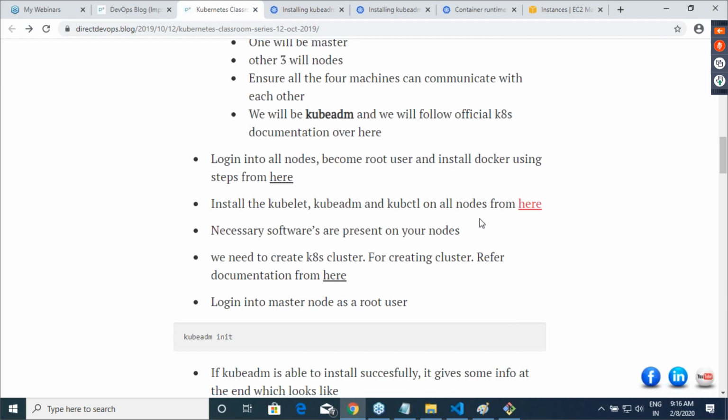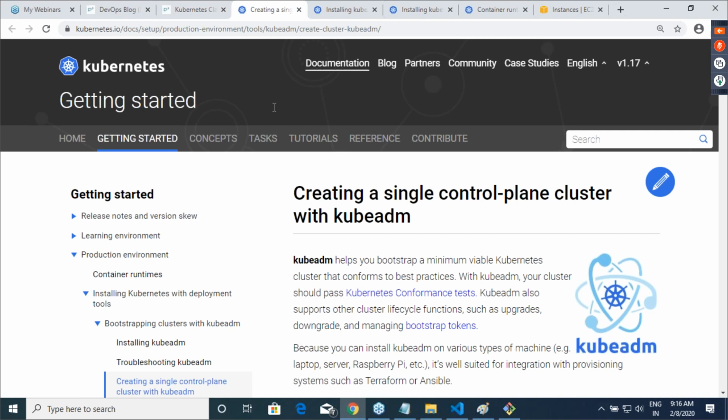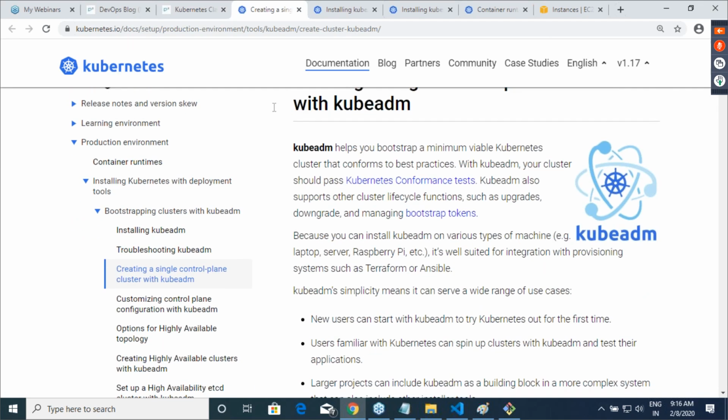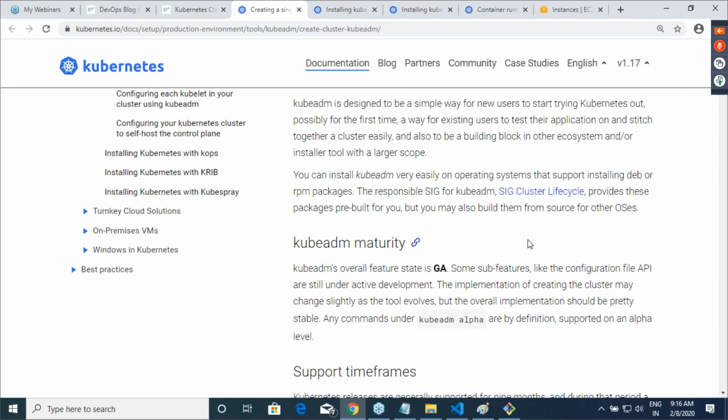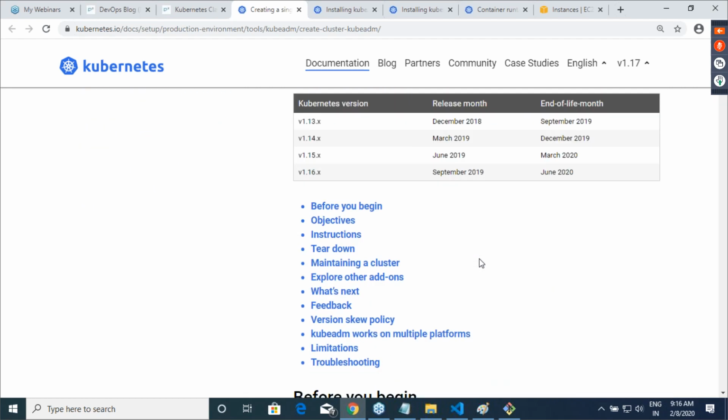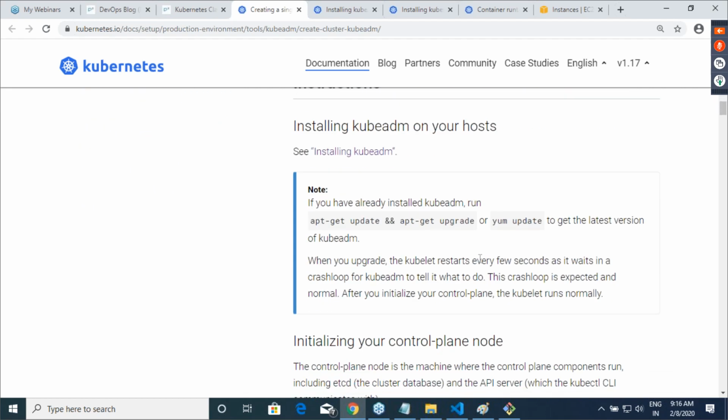I've installed Kubernetes. Now we have the necessary software. Now what is it that we need to do? We need to create a Kubernetes cluster. Then he's asking us to create a Kubernetes cluster by following the documentation from here. So if you are creating a Kubernetes cluster, are you seeing Kubernetes administrator? Oh, good. They have done it. Now Kubernetes can be used on production servers also. They have made everything generally available. Last time that was not the case.